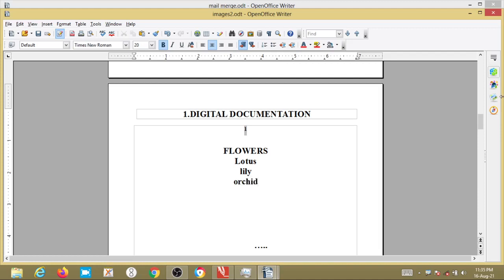These are the flowers. If I want to write certain animal names, again I will write animals. Now I will write certain animal names here, like tiger, I will make it a small letter, tiger is there, lion is there, cheetah is there.